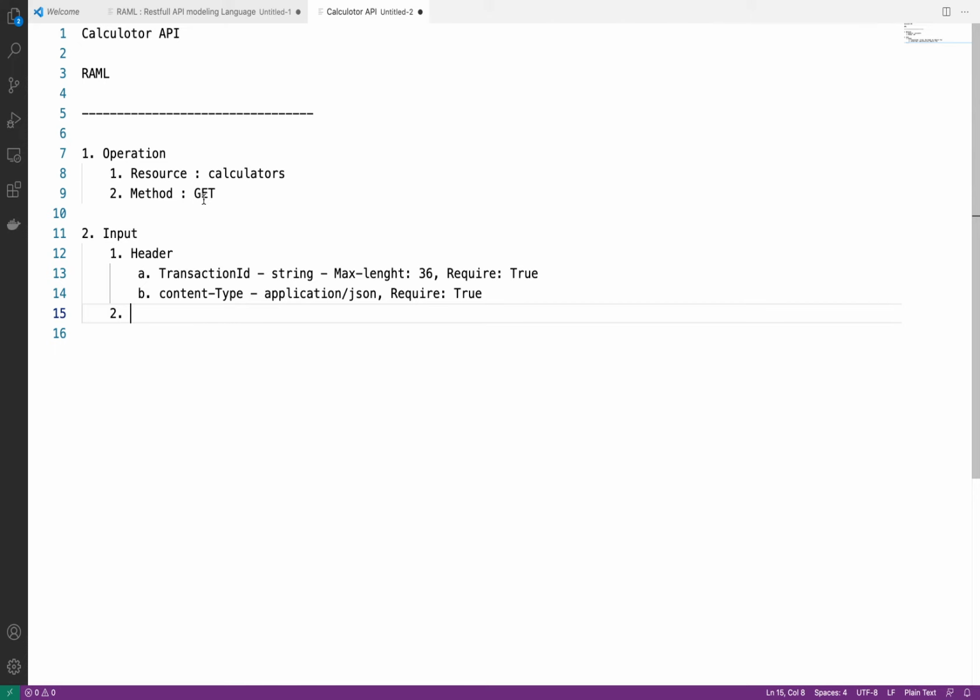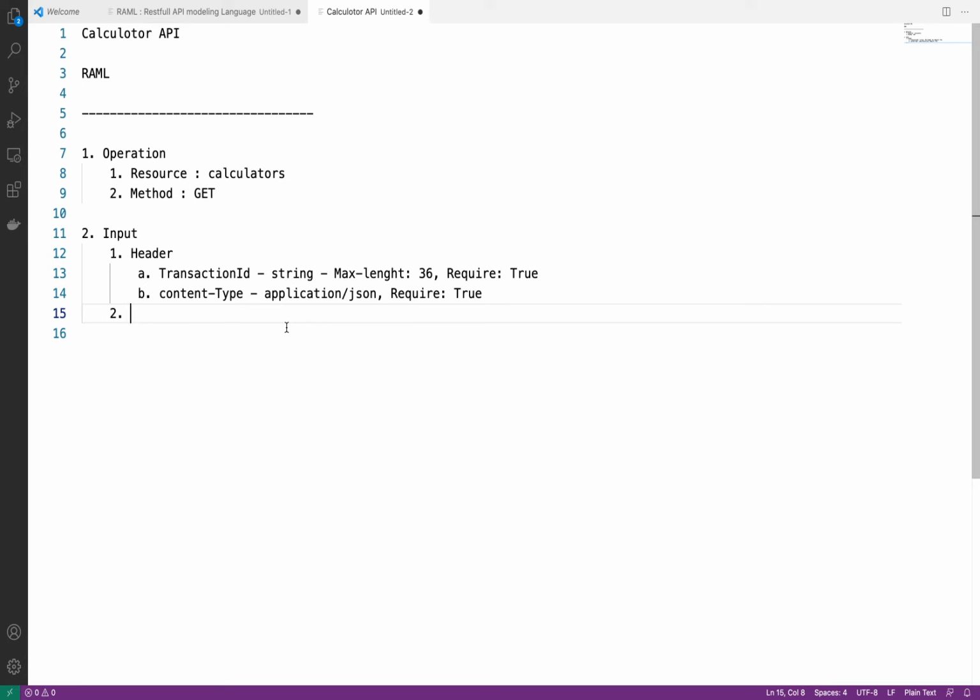As I told, if the method is get, we should not pass anything inside the body, since we are going to retrieve information from this API. So in the body we will not pass any detail if the method is get. What other things do we have? We have query parameter and URI parameter.